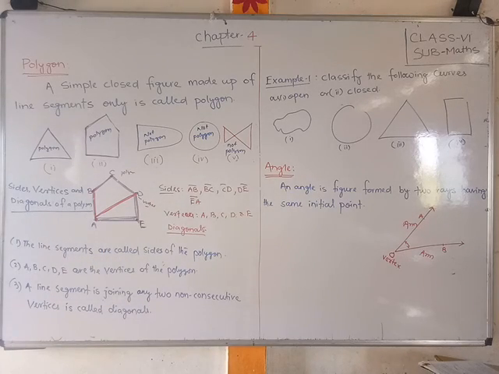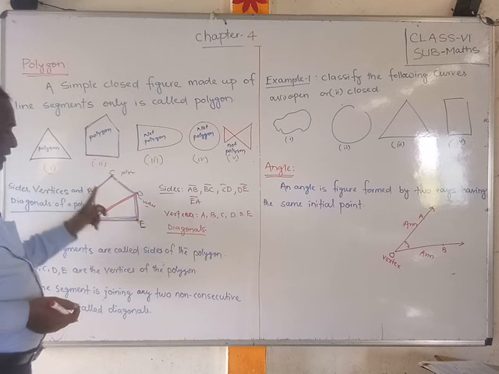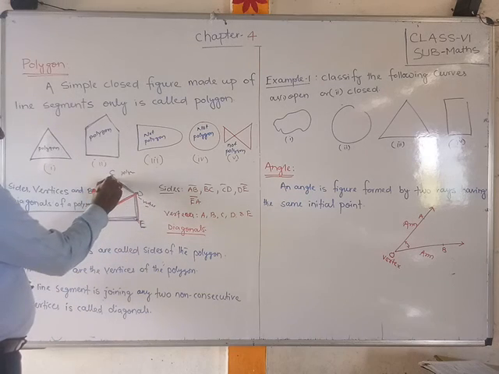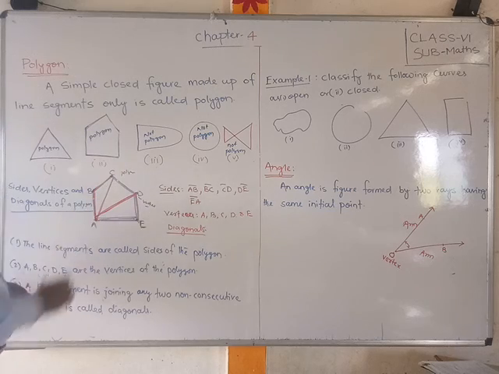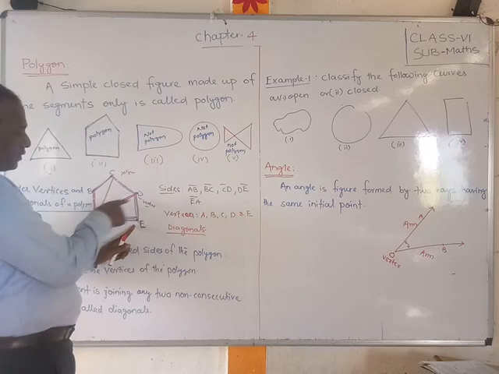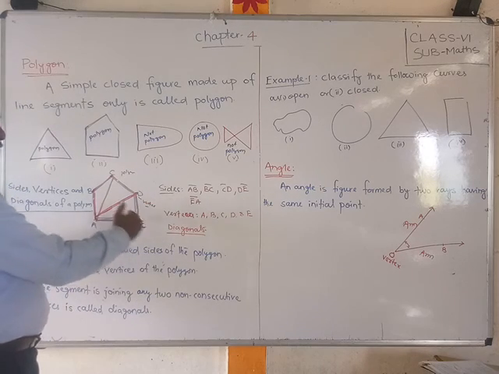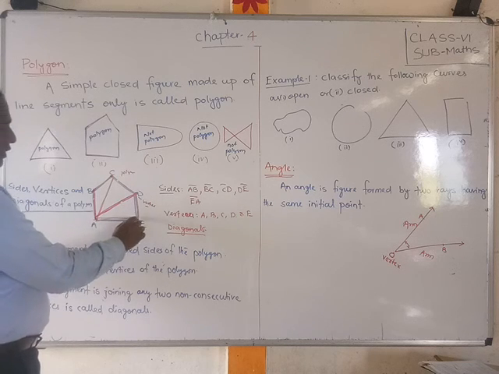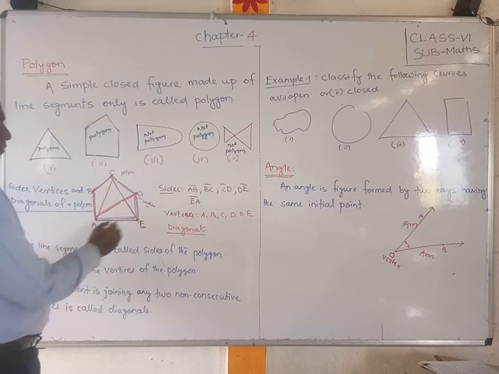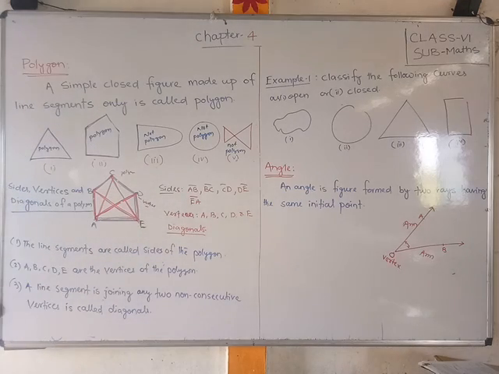Did you understand, friends? Why? Because these are consecutive vertices. If you join the remaining vertices, these are the diagonals. These are also diagonals. If I take this pointer, this is not needed, these two points you don't have to take because they are consecutive vertices. Consecutive means nearby. So we can join from here to C. This is also one diagonal. This is also one diagonal. Yes, so these are the diagonals.